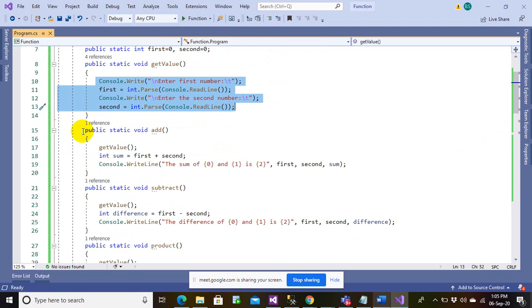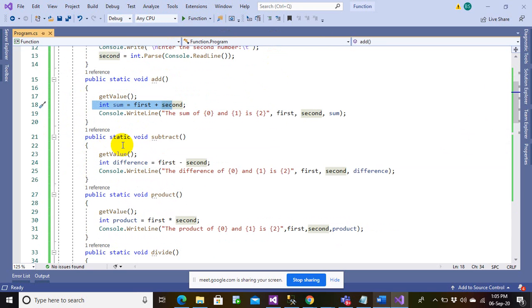And again, I created a function called add. In the add, I need to read the value. So instead of reading the value, I called this function called get value. Once this function is called, it will get executed. I calculated the sum, printed the sum, my job done. Similarly for subtract, instead of reading the value from the user, I am calling the get value function, which is doing that on my behalf.